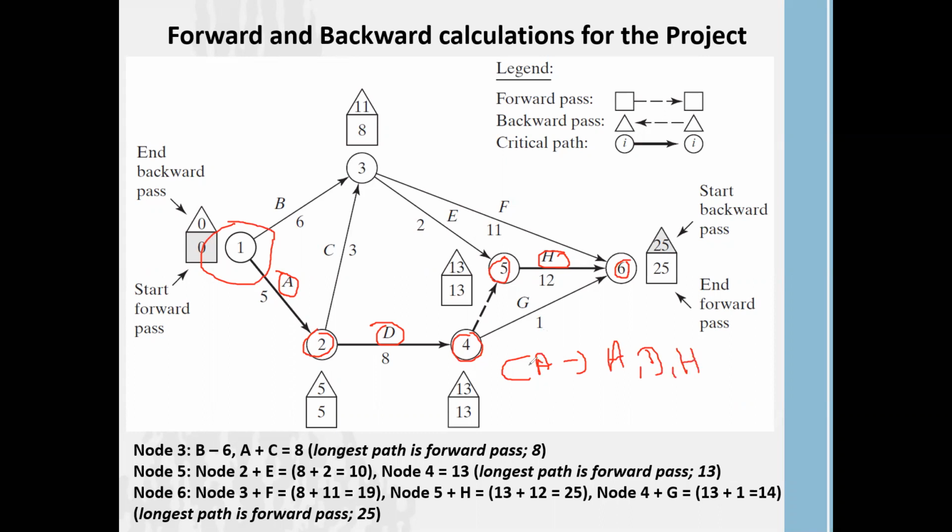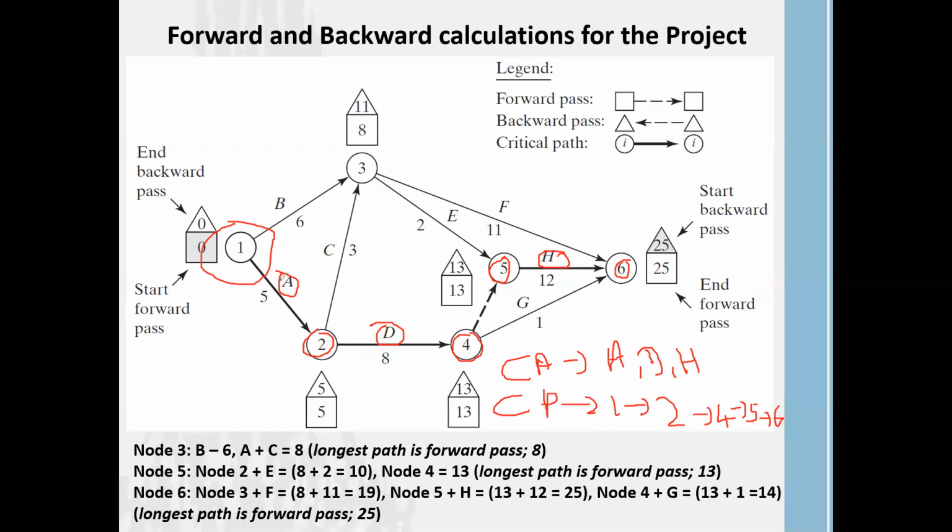Then what is the critical path? Right? That means what is the longest time period we have to take to complete the task? So your longest time period is 25. So 25 will take in from 1, 2, 4, 5, and 6. Right? So your critical path you are getting as 1, then 2, okay, then 4, then 5, and completion with 6.